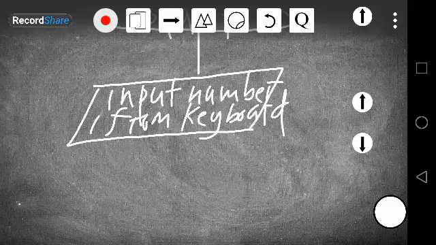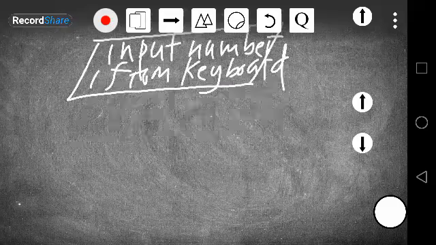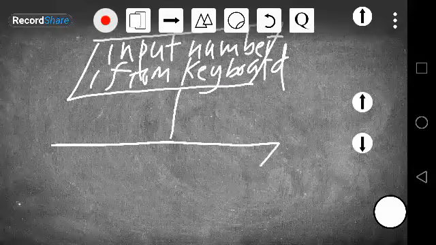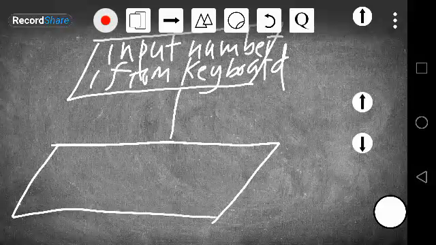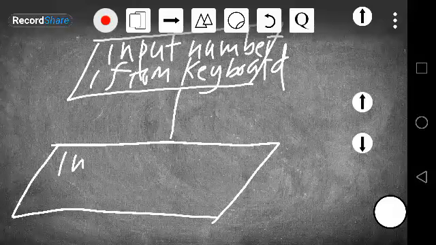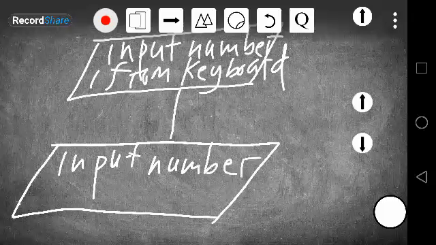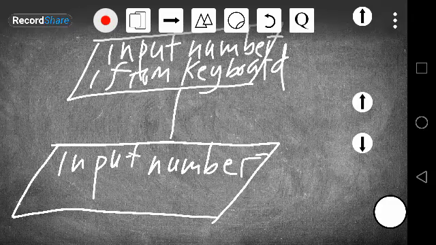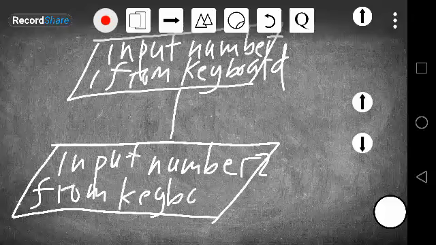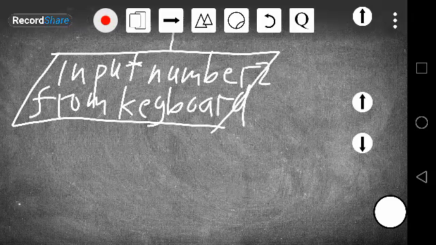Input number one from keyboard. Then another one. Input number two from keyboard. Okay, then from there